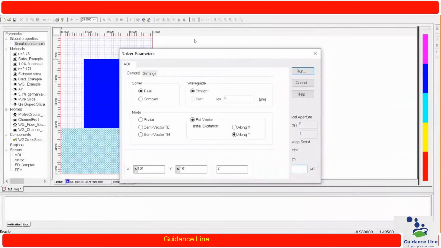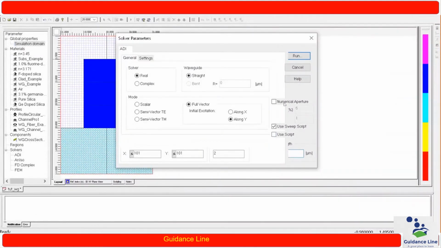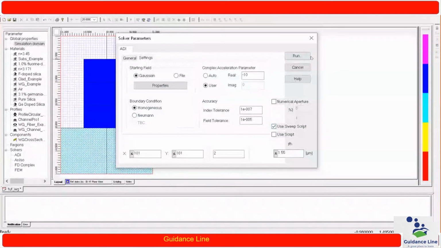So in this particular solve ADI, as you can see over here, we have a number of options. Okay, so before that we have unchecked this particular thing because we have only a single value of waveguide width. Now we have a parameter sweep, so I simply click on use sweep script, or by default it is clicked when you have defined parameters for a waveguide or any other structure. Okay, so it is automatically clicked on OK. Okay, and I start simulating this particular thing.